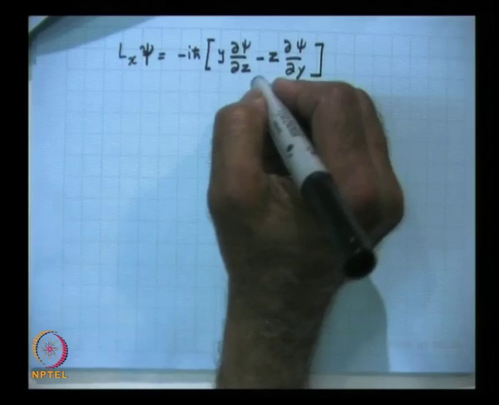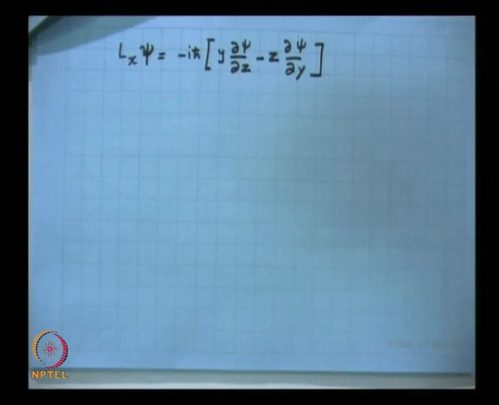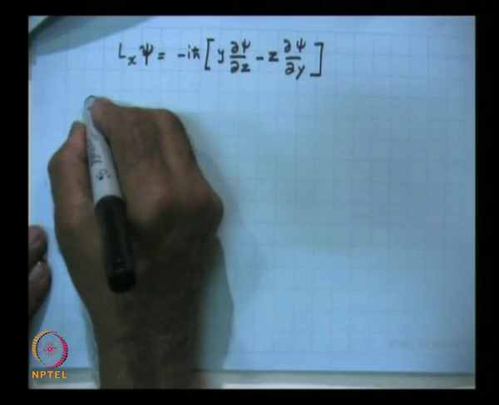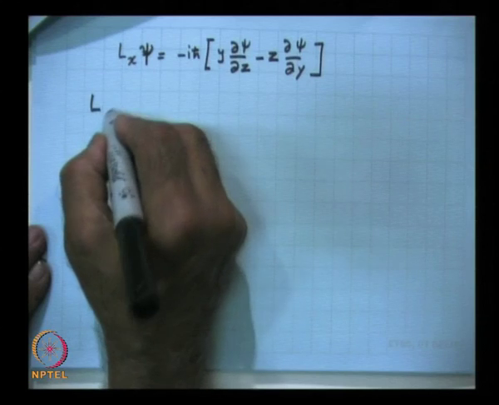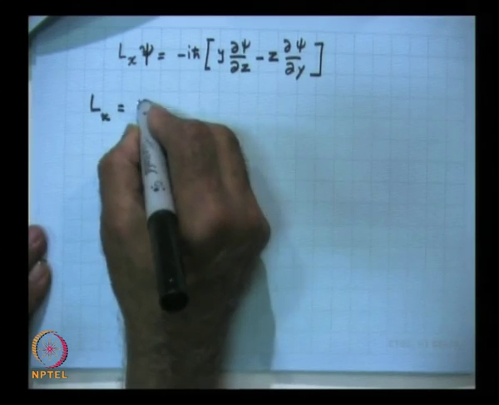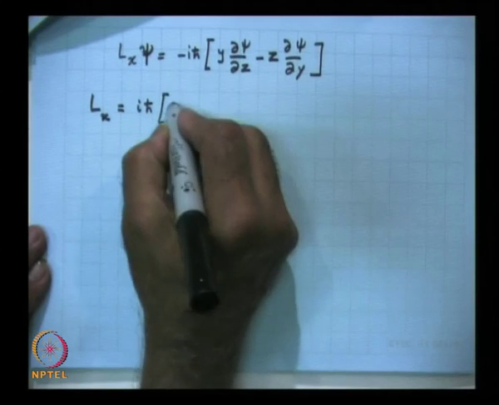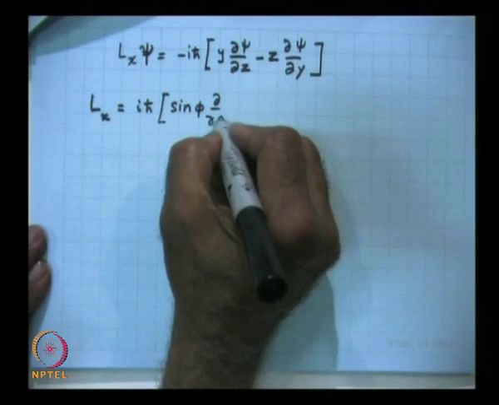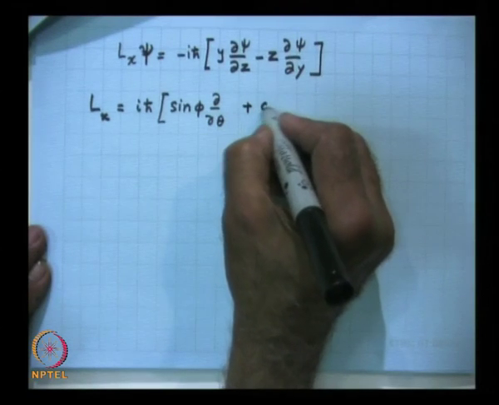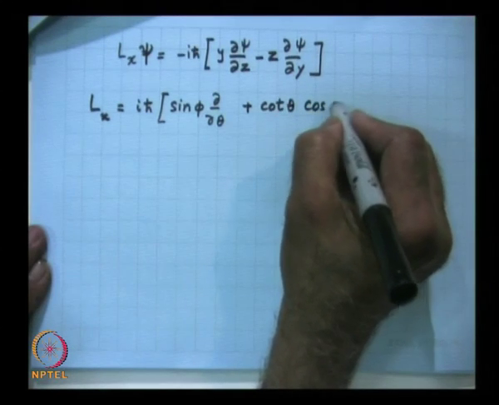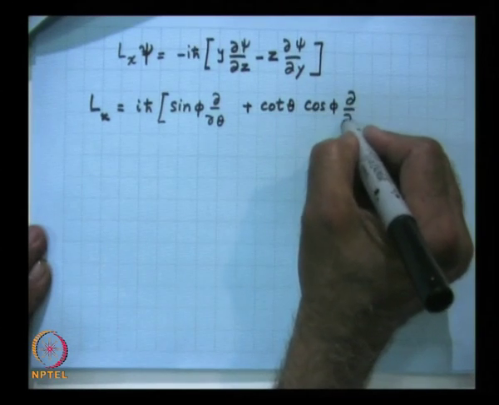And again you express this in terms of spherical polar coordinates, and if you do that algebra, it is not cumbersome, just a little detailed algebra, and one has to keep track of the factors, then we obtain Lx equal to i h cross (sin phi delta by delta theta plus cot theta cos phi delta by delta phi),